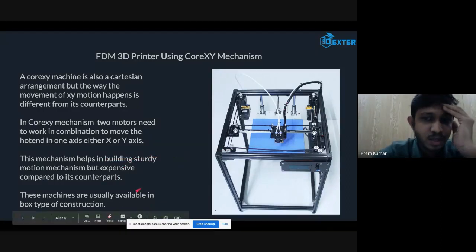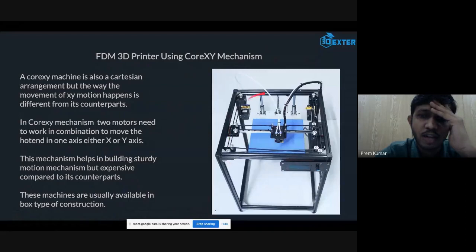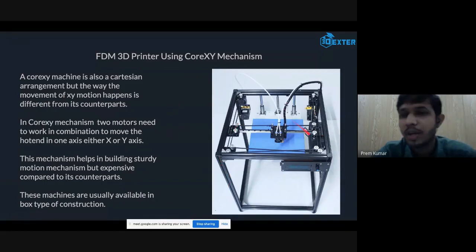These mechanisms are available in box type setups. The previous mechanisms do not have a box kind of setup. So these are better if you are making a completely closed printer, which might have a front door but is closed from the three sides and the bottom also.